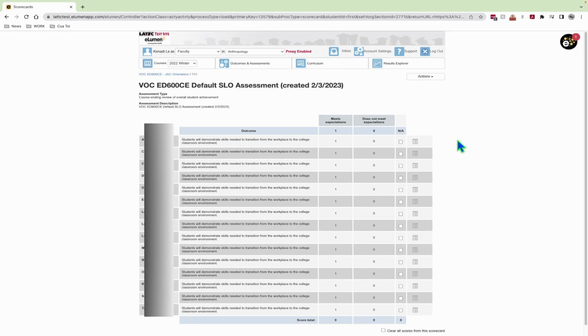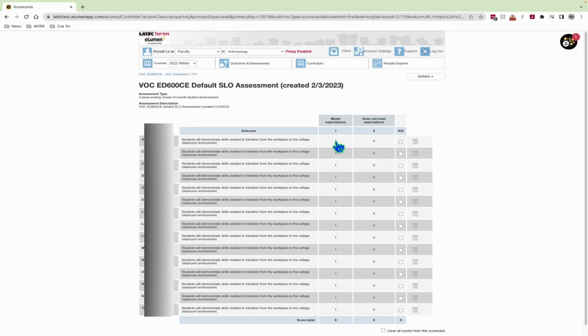To submit scores, for every student, for every SLO, you select 1 if the student met the outcome, 0 if the student did not attain the outcome, NA if the student was not assessed. For example, they were unable to take the assessment or they dropped out of the class.